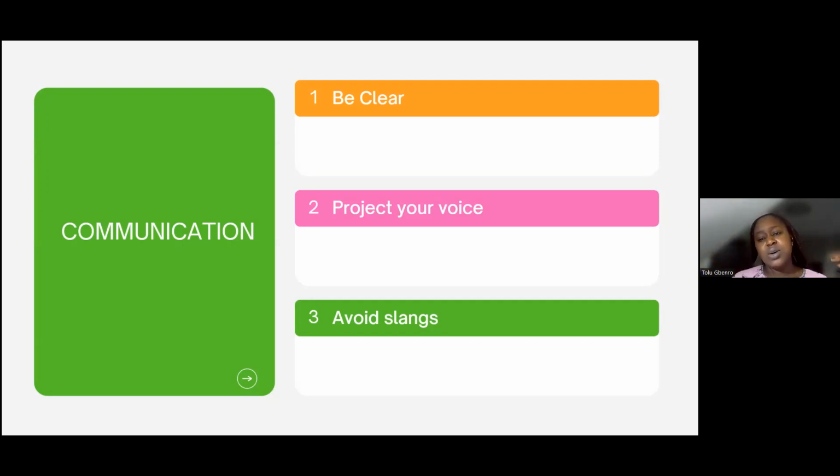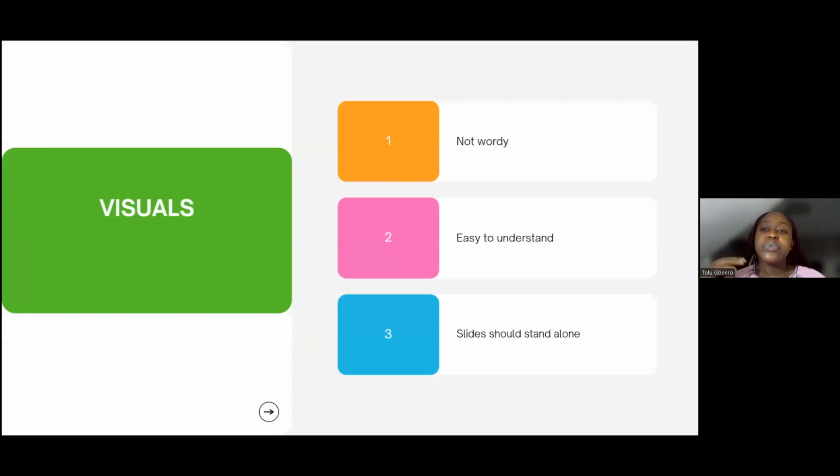Of course, there is also visual communication, which I will go into on the next slide. For visuals, not too wordy, like my slide. If someone who was on this call picks up this presentation slide, they'll say, wow, the presentation was so good. But if someone who was not in this presentation picked my slide, it would make little or no sense to them, because the value is not just in the design, the value is in what the speaker has to say.